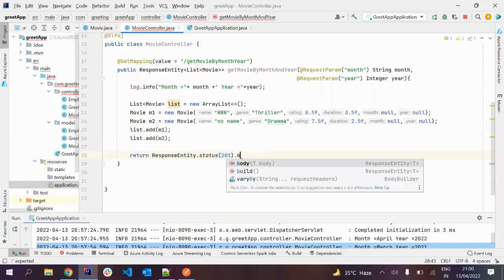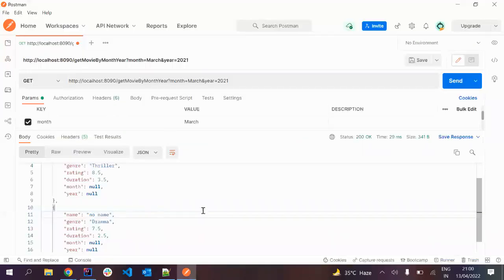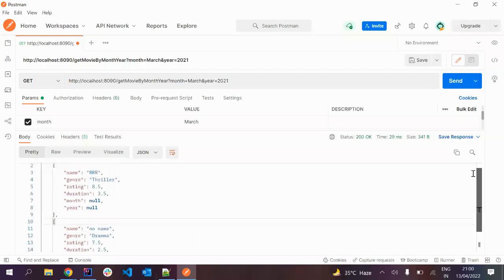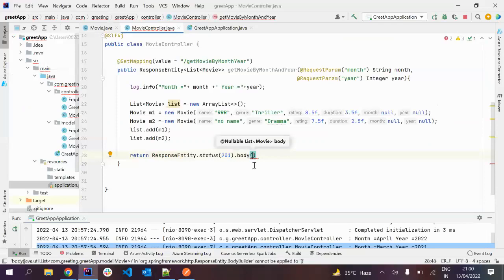Now body, and in the body you will send whatever the response body you are expected. Response body मतलब ये देख रहे हो इस कंसोल में लिखा हुआ है, जो जो कंसोल में लिखा हुआ है इसको बॉडी कहते हैं, रिस्पॉन्स बॉडी. ठीक है, तो इसमें जो जो भी डेटा को आप एक्सपेक्ट कर रहे हो क्लाइंट साइड पे उसको पास कर दो. तो हमको एक लिस्ट ही भेजना था, ये लिस्ट ऑब्जेक्ट. सो हियर वी हैव सेंट इट. ओके, नाउ ये तो आपको आता है. नाउ हियर इफ यू सी,